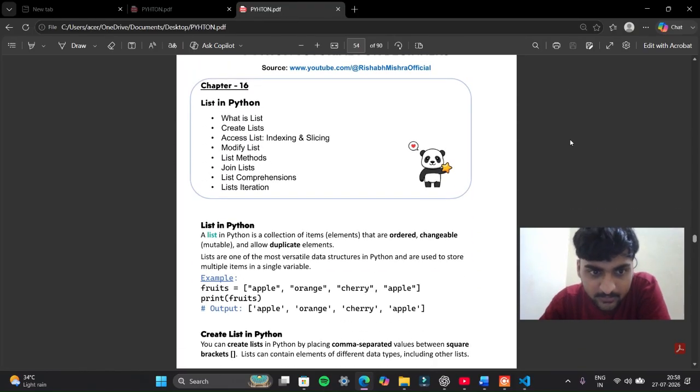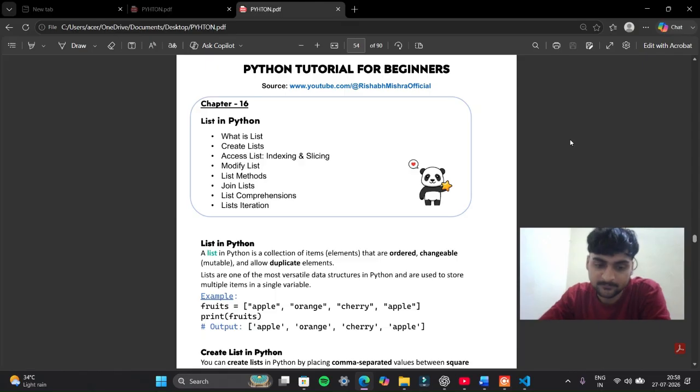So now another thing: lists in Python. We are going to learn about lists in Python. In this chapter we will learn what a list is, how to create lists, how to access a list through indexing and slicing, how to modify a list, list methods, joining lists, list comprehensions, and list iterations. So we will learn about these 8 things. So first of all,